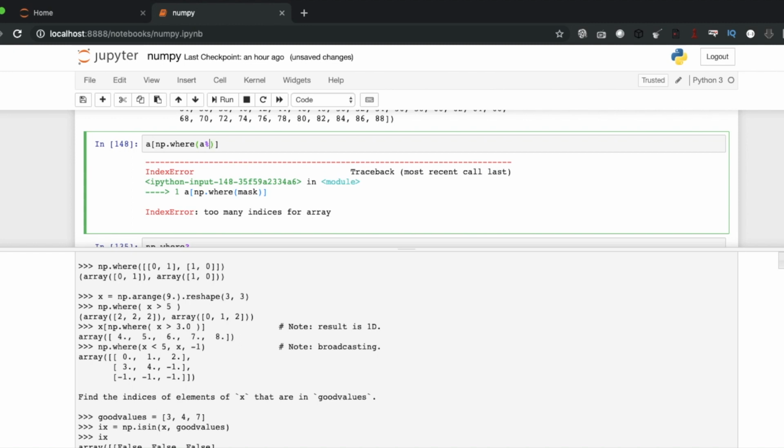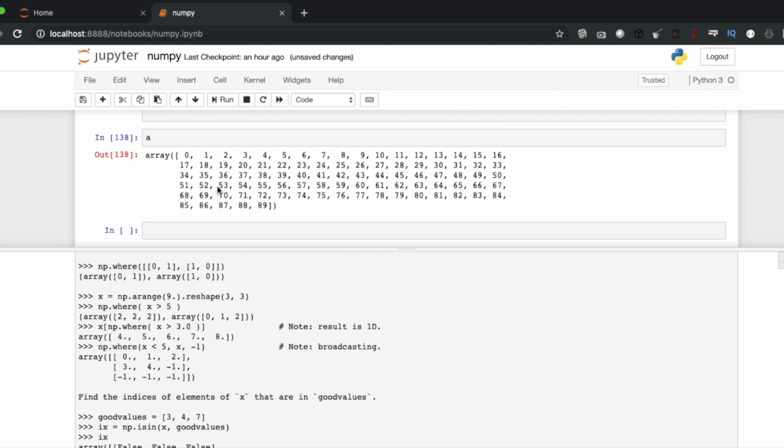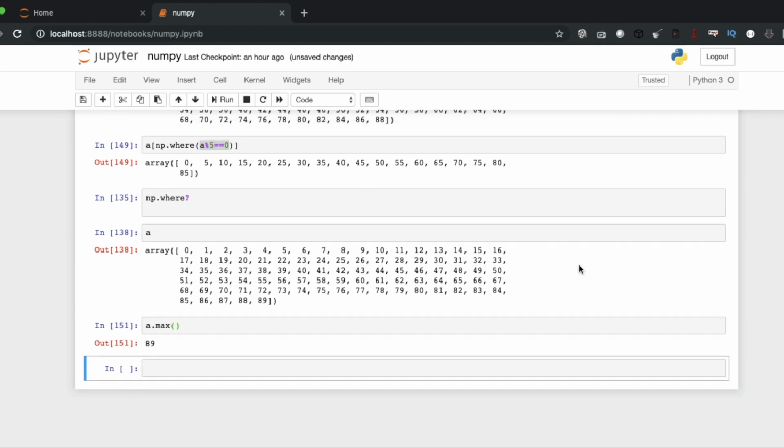A, 5 equals to 0. Yes, this is fine. So this is our condition. This is where. So this is printing the indices. If we do a dot max, this will print the max. This is some fun part again.